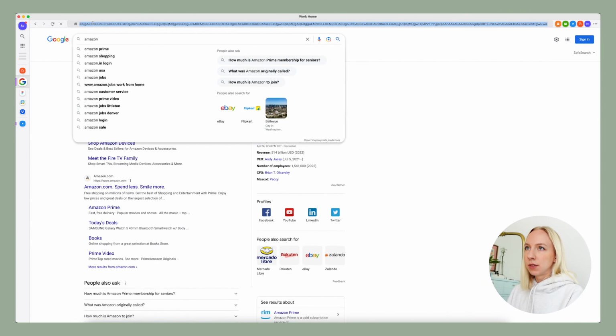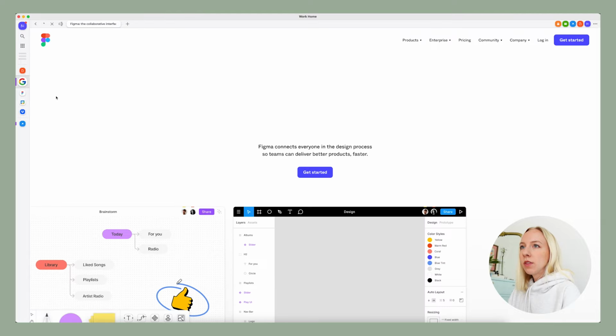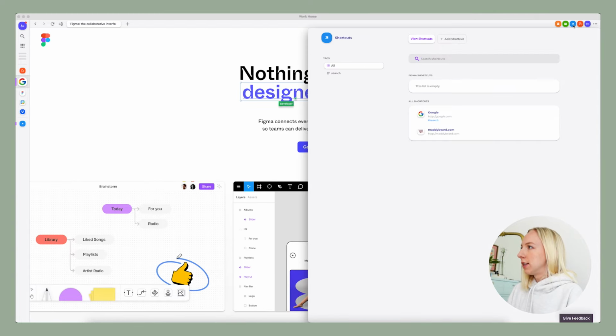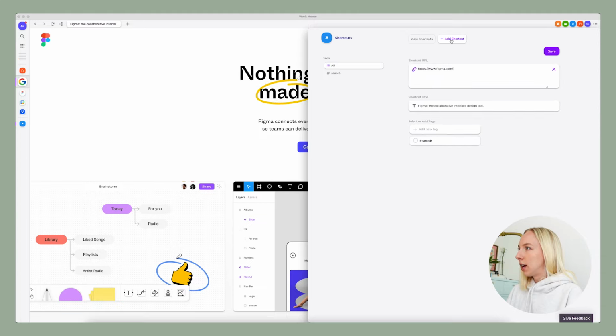And let's see what it's like to actually add a shortcut. So instead of Amazon, let's go to just like figma.com. Okay, so let's say that we wanted to bookmark this. I'm just kind of seeing what this flow is like. Add shortcut. Okay, so then it auto populates this. So I'm gonna take a screenshot of that,